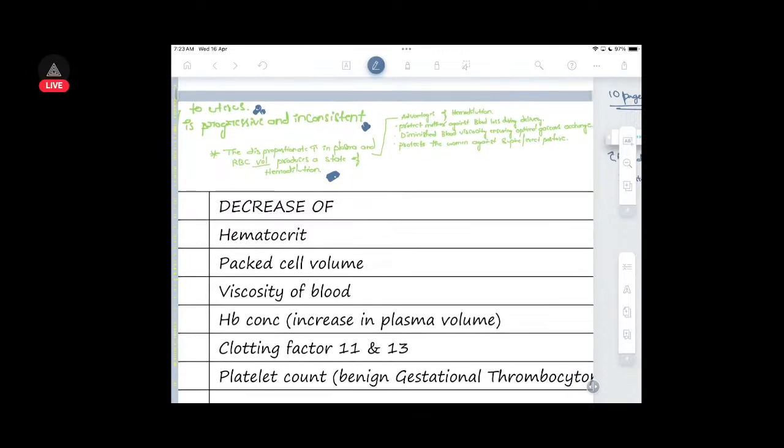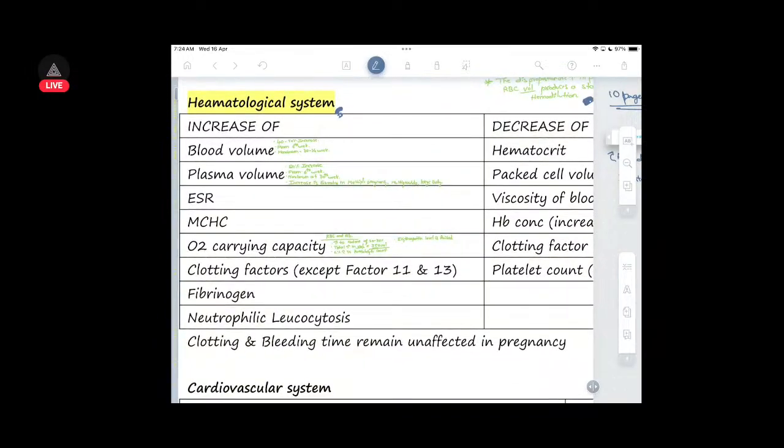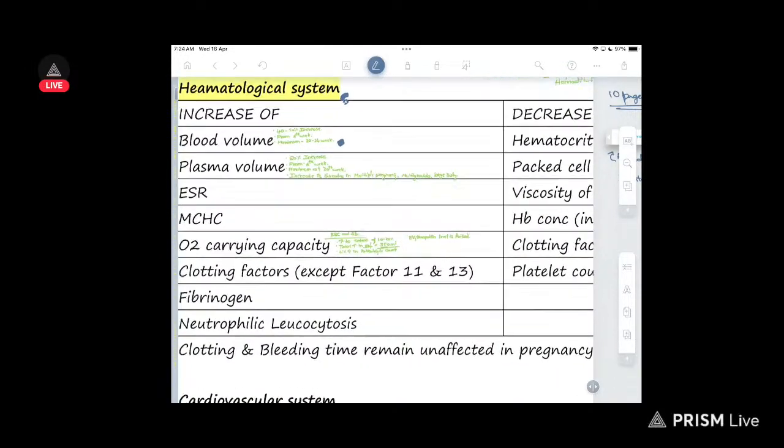So plasma volume will increase a lot, but RBC volume will not increase. Advantages: it protects the mother against loss during delivery. It diminishes blood viscosity, ensuring optimal gas exchange, and protects the woman against supine or erect position. So in the hematological system, there is an increase of blood volume, 40 to 50% increase from the 6th week, maximum at 30 to